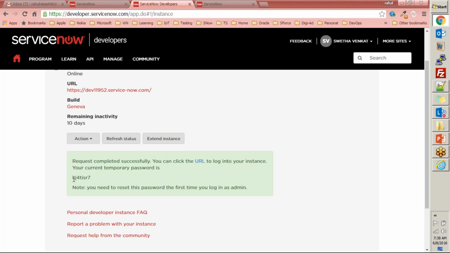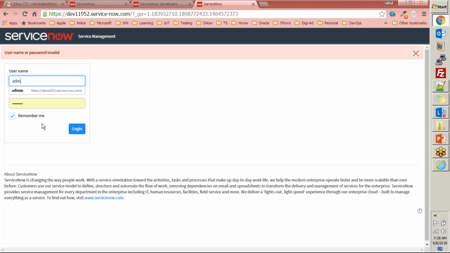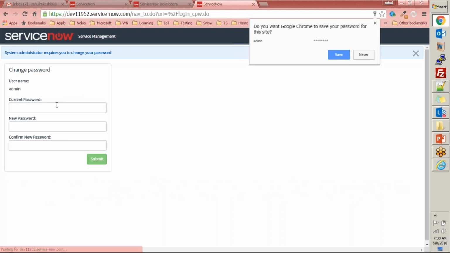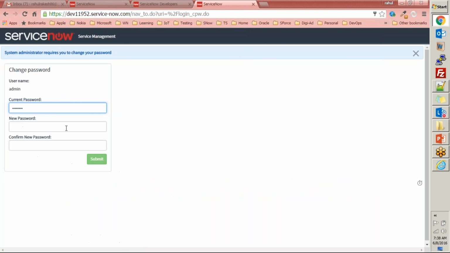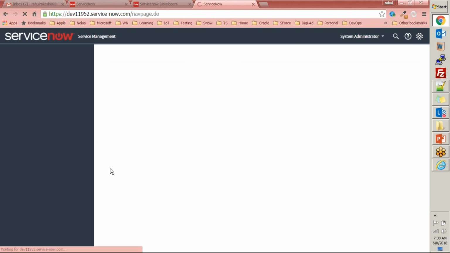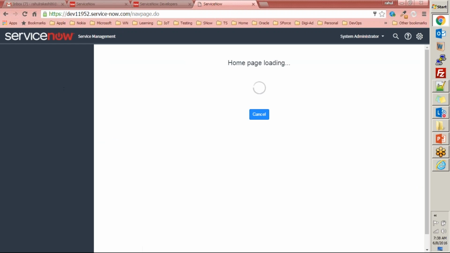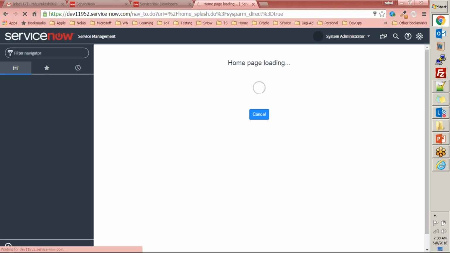This is your temporary password. I'll copy it, go to this instance, put admin, put the password, and log in. It will ask for password reset. I'll put the current password, and then put this password as the new password, and submit it. When I submit it, I'm able to log in here with your admin account.